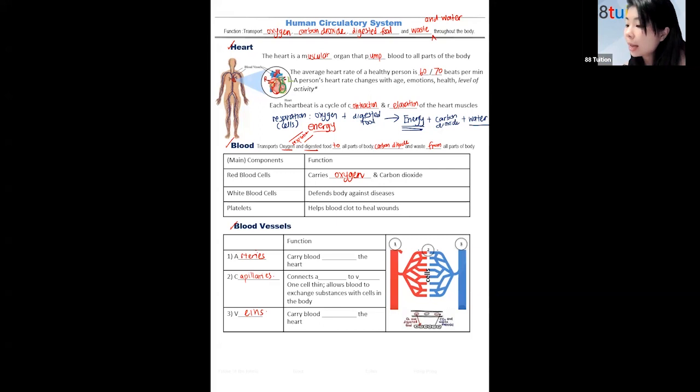Now, what is the function of each? Let's look at arteries. Arteries carry blood away from the heart. How I remember that it's away, I always teach my students this. Arteries start with A, right? Away from the heart is also A. So think of